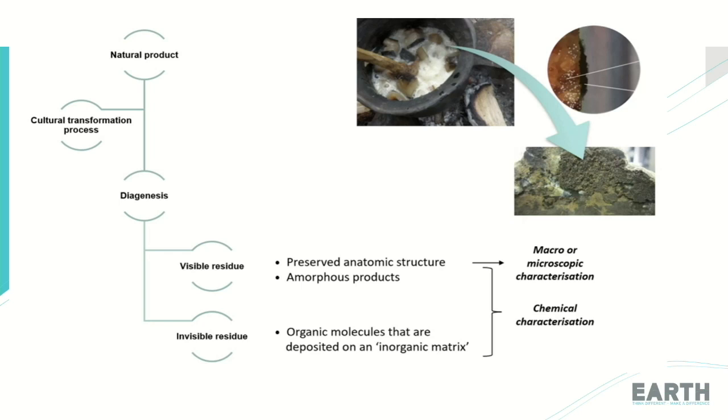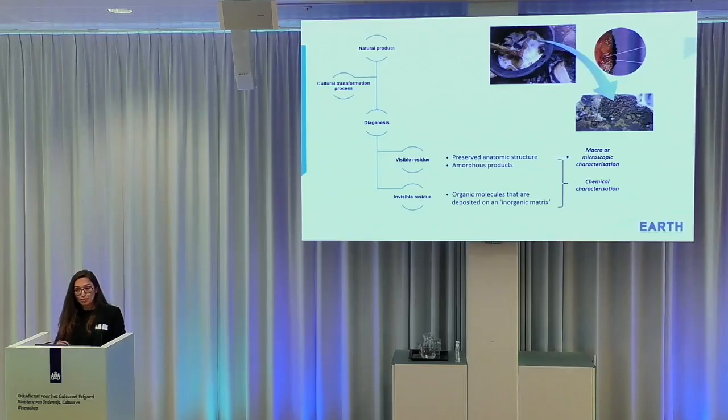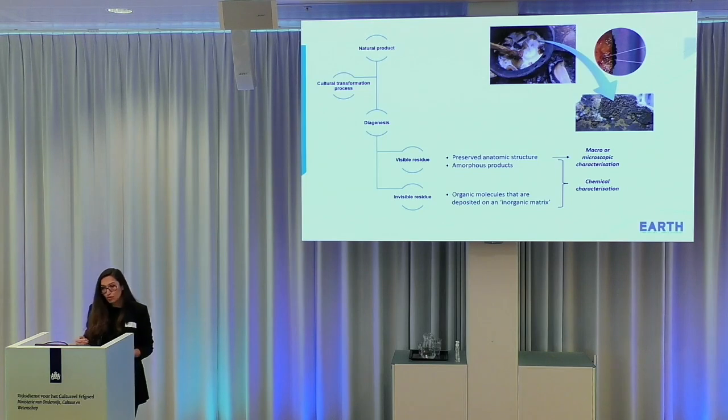And the third one is the absorbed residue, that is the fat that got into the pottery fabric from the food that is processed in the pottery. So this is the clay cups, cooking pots. Sometimes it is also on the glazed pottery. It is also a bit tricky, but absorbed residues are the most common ones because they preserve for a very long time in the pottery. So this is the one that we are analyzing most of the time, and this gives us actually